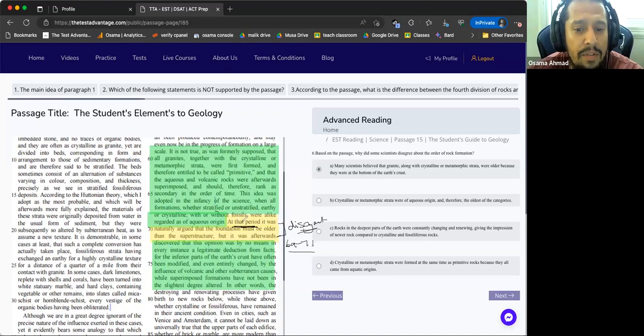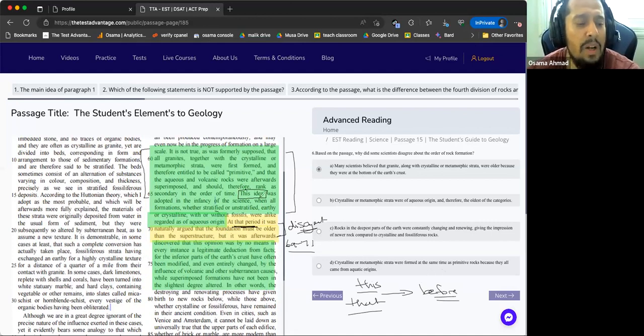بس that period عشان افهم that period لازم اقرا كل ده. Right? This idea, right? Again بيجبرني لازم اقرا information اللي قبليها. When you find this or that إجباري نقرا الانفورميشن beforehand. So عشان افهم الاصفر لازم اقرا الاخضر, right? والاخضر بيقول لي it is not true as formerly supposed that all granites were first formed and therefore primitive, and that aqueous and volcanic rocks were afterwards superimposed.